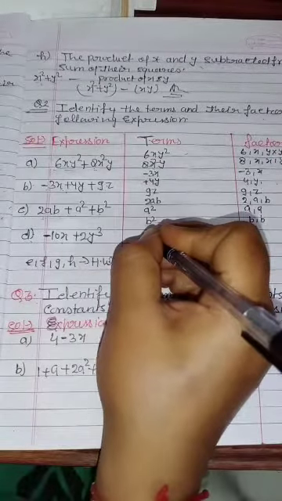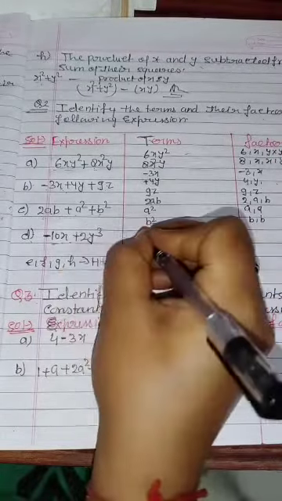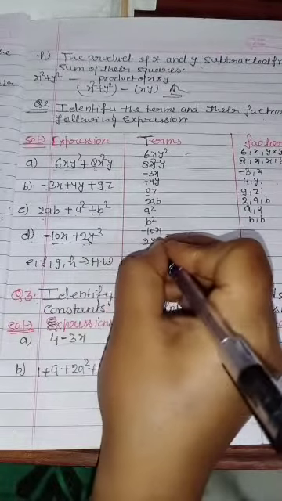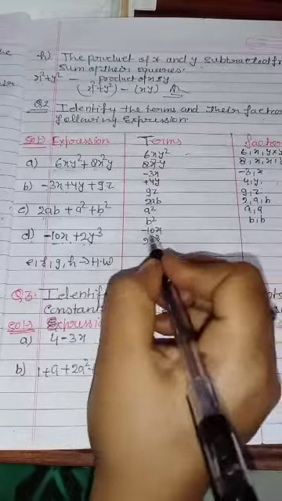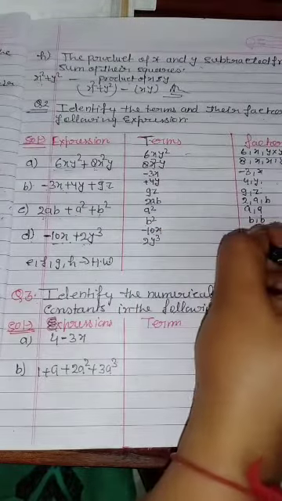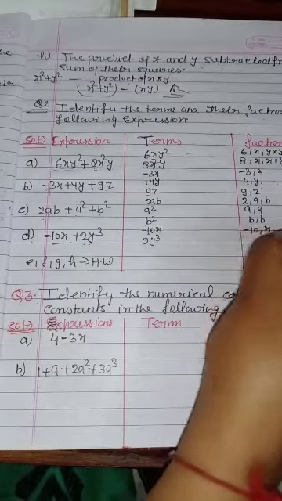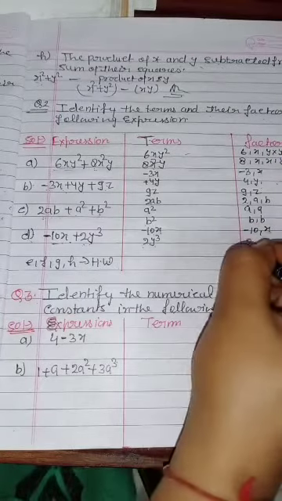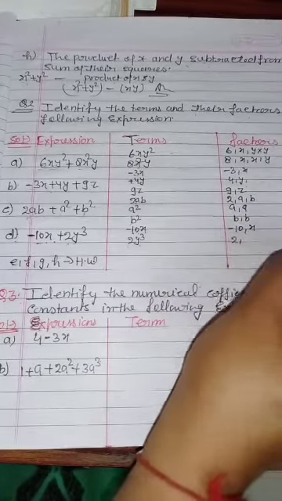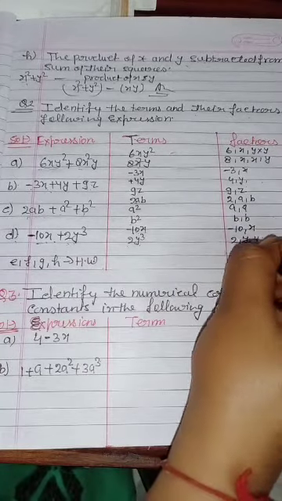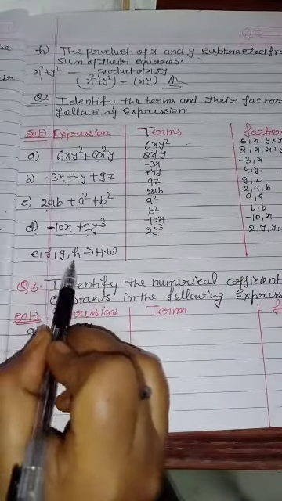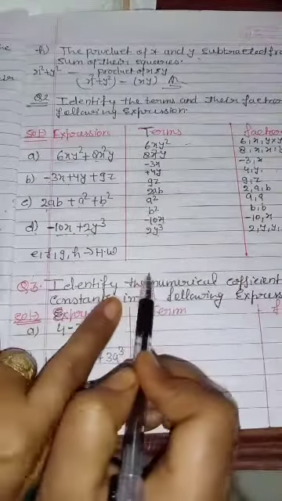Now see the D part. The first term is, beta, minus 10x, and the second term is, beta, 2y cube. So if I would like to write factors, what will they be? Minus 10 comma x, and 2y cube means 2 comma y, and cube means we can write it 3 times: y comma y comma y.